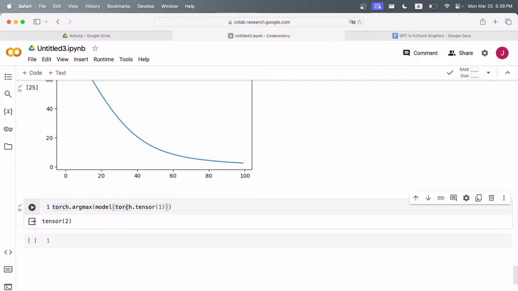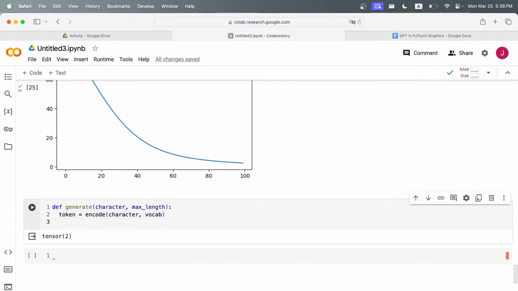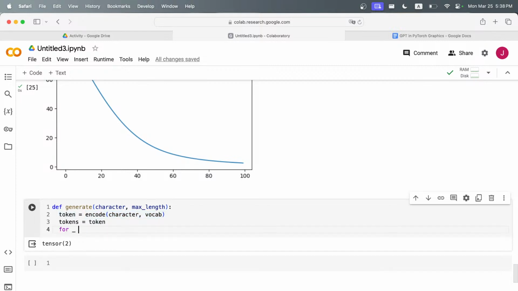The issue is that this is not a very nice way to interact with models. So let's write a helper function to display the outputs more nicely. I'll define a function called generate, and I'll take an initial start character and a maximum length. So I'm going to first encode the character that's given using our encode function in the vocabulary. Then I'll start a tokens list with that token. This is actually going to be a list based on the way our encode function is set up. And then I'm going to iterate